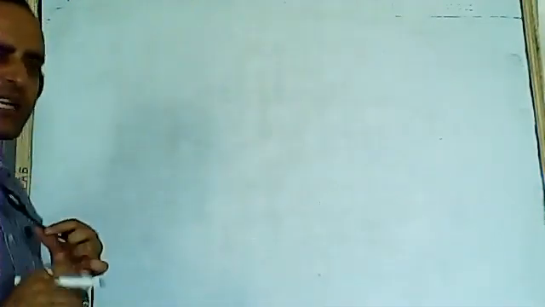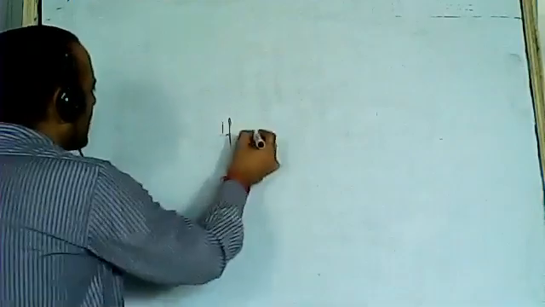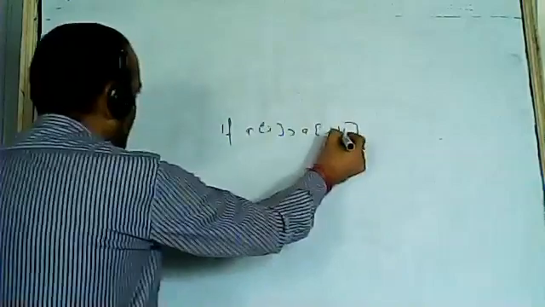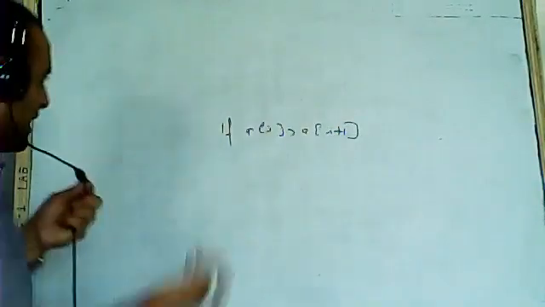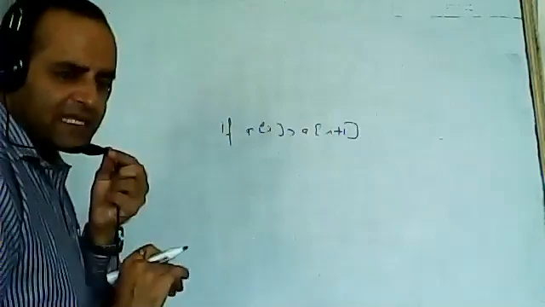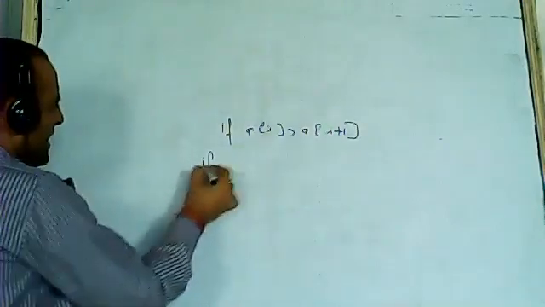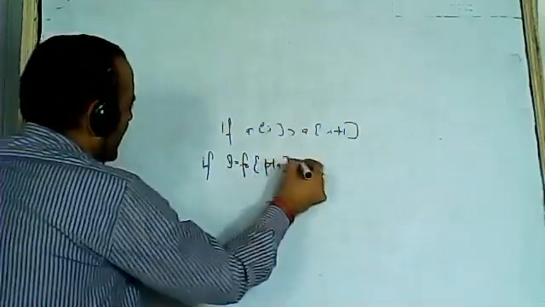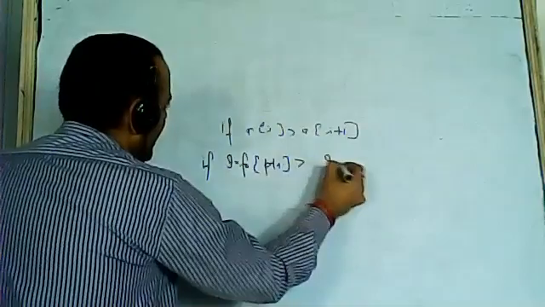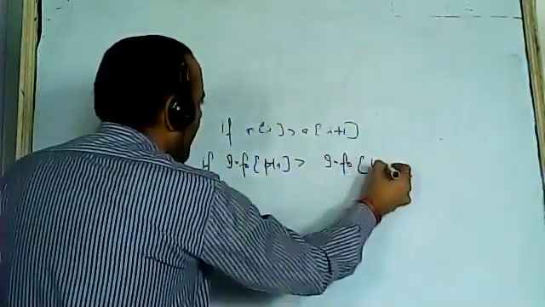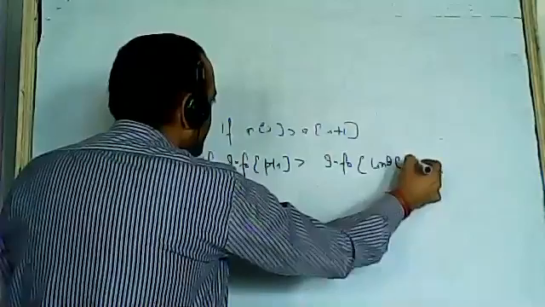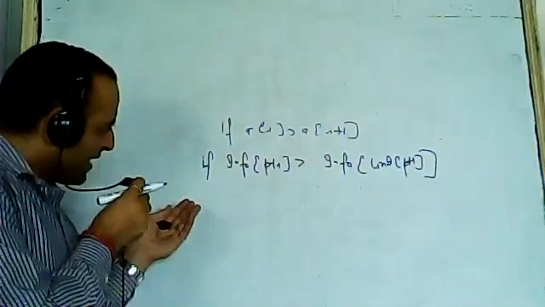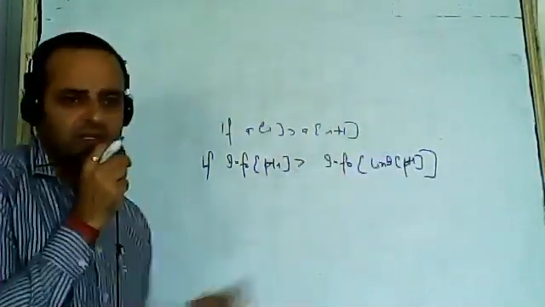So what will be the condition that we used to write, like if you remember, if a of i is greater than a of i plus 1, then interchange. You remember? So how will we write this statement in linked list? If info of pointer is greater than info of link of pointer. So you must note these small things. Then interchange if info of pointer is greater than the info stored in the next node.